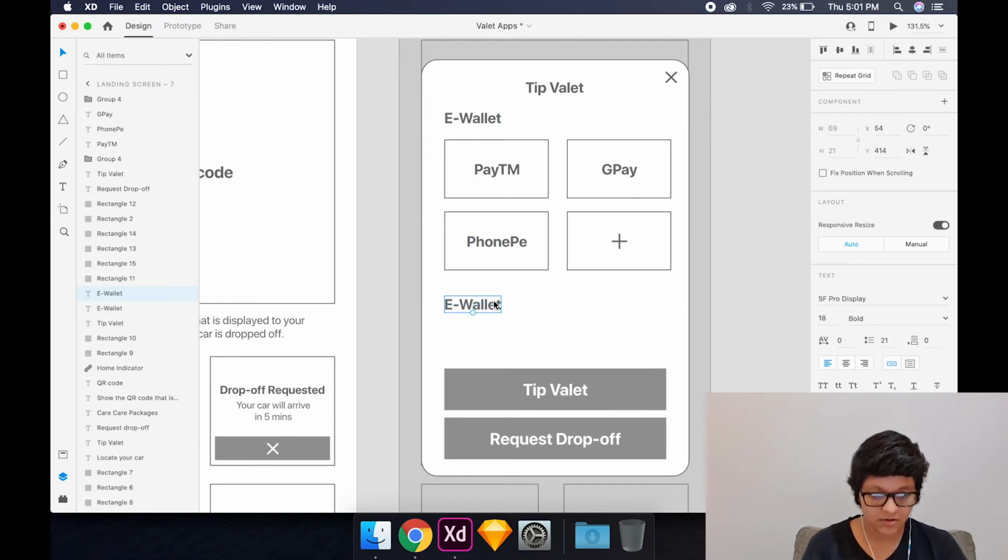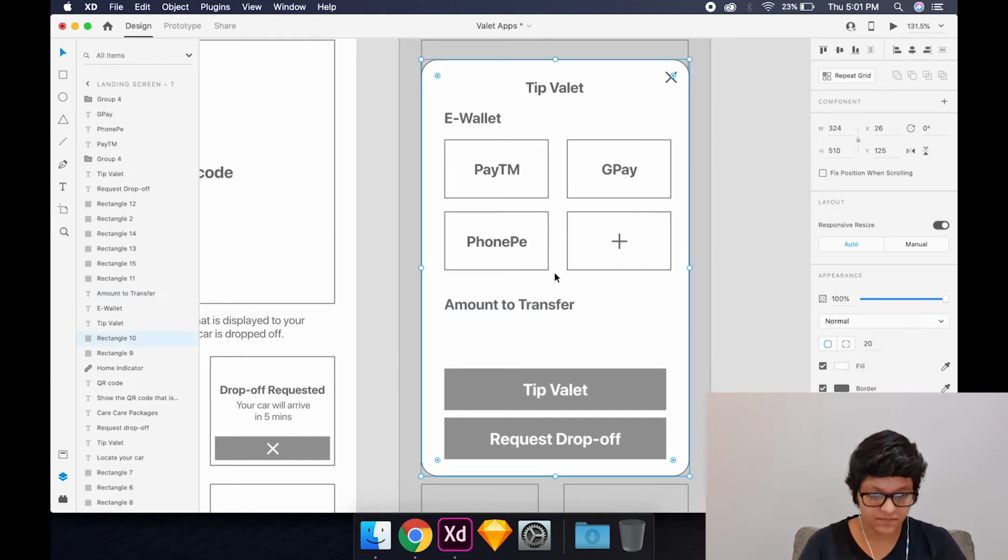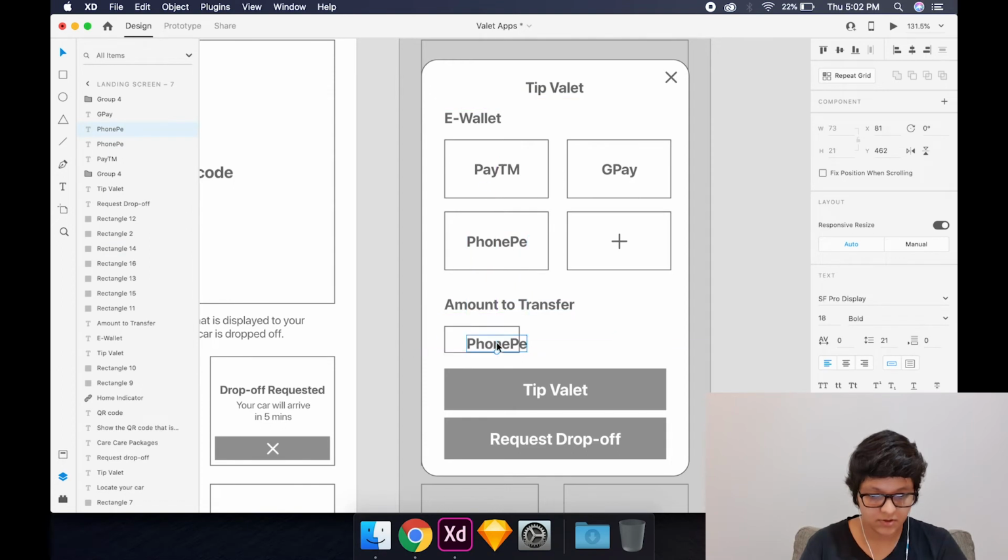So we can drag down this title and write amount to transfer, and maybe we could have just a few options here for users to enter. So maybe we can start with rupees 10,